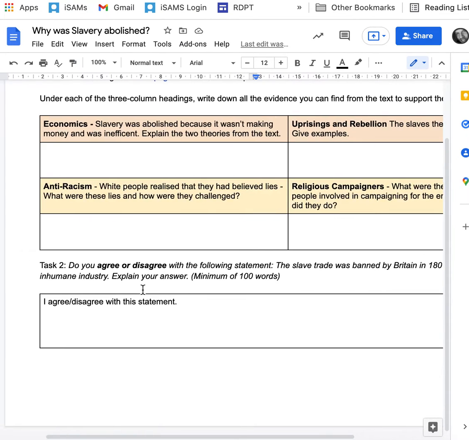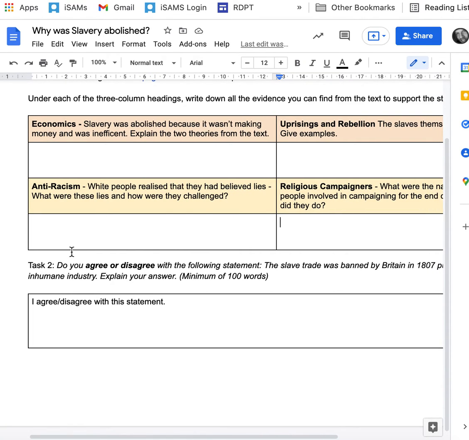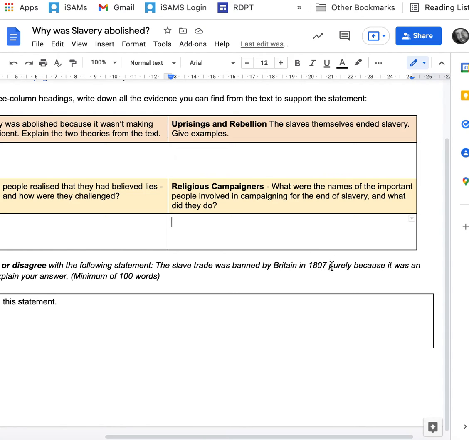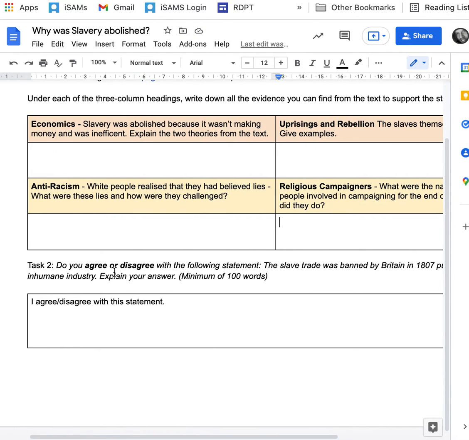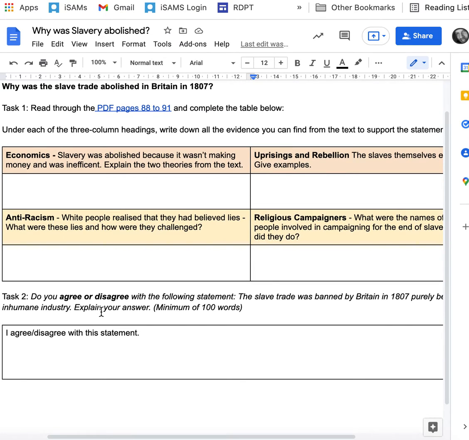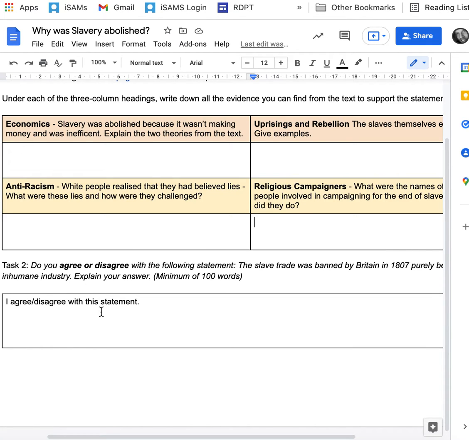And then finally, I want you to go on to answer this question as fully as you've got the time to do. Okay? So the statement is this. Do you agree or disagree with the following statement? The slave trade was banned in Britain in 1870 purely because it was an inhumane industry. Explain your answer. What I'm stating here then is, after reading all this and looking at this evidence about why the slave trade was abolished, can we say that it was basically banned because people realised it was an inhumane